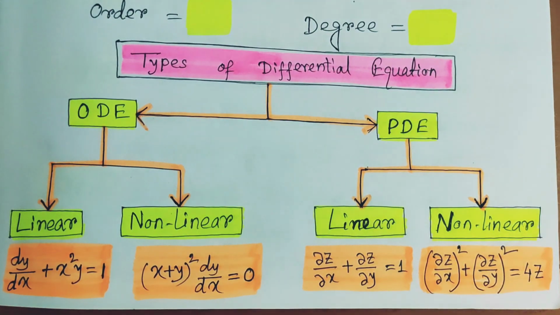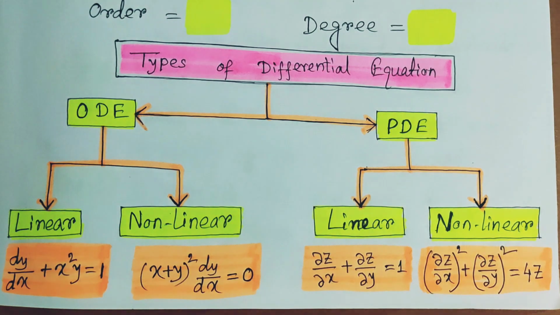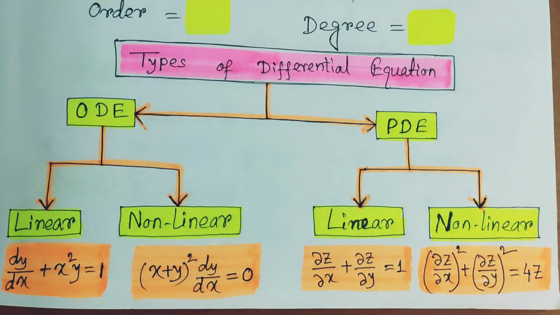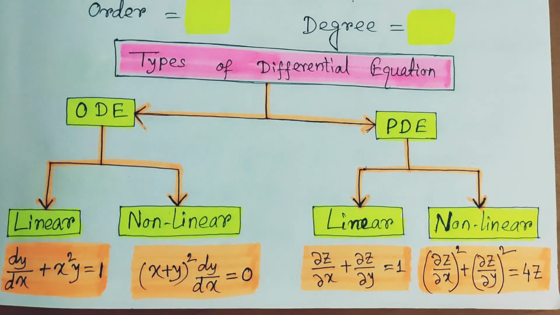So now just observe. Differential equations, we come to know what they are. They involve the dependent variable, the independent variable, and the derivative of the dependent variable with respect to the independent variable. It is very clear that in an equation only one dependent variable can be there, and one or more independent variables may be there. Depending upon the number of variables, we can have different types of differential equations.